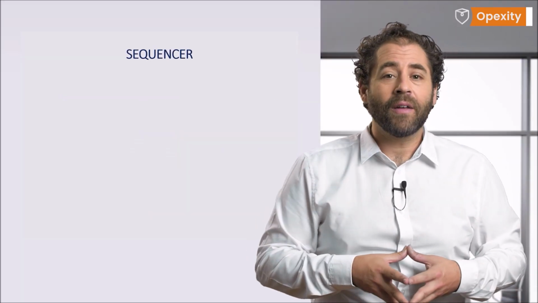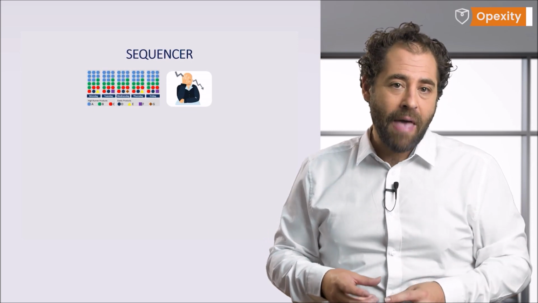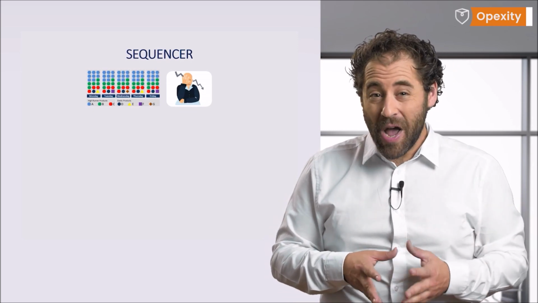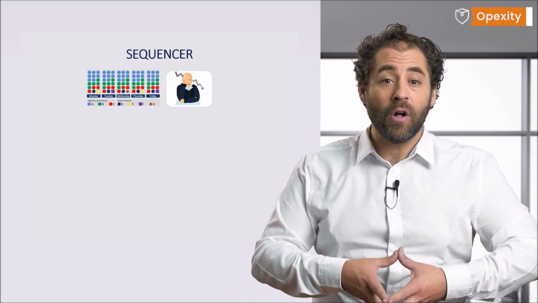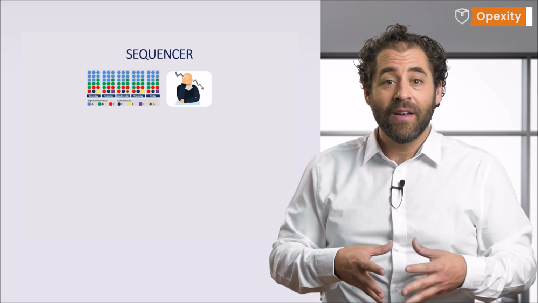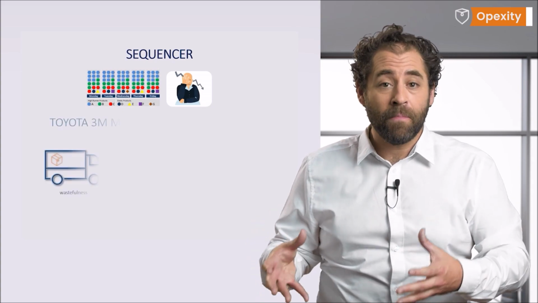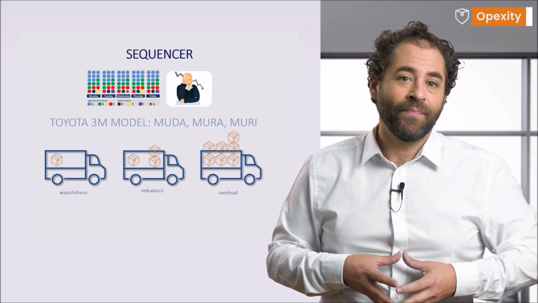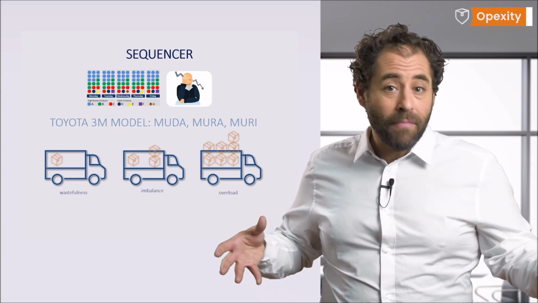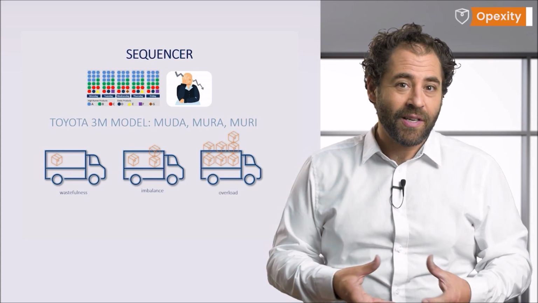It should be remembered that production leveling and managing its sequence is one of the most difficult challenges of lean management. When we talk about eliminating wastes in lean, they often refer to 8 production wastes, the so-called muda, while forgetting that Toyota has identified 3 basic types of waste called the 3M Toyota model: muda, mura, and muri. Mura and muri are often omitted, but the knowledge of these types of waste is crucial as they very often